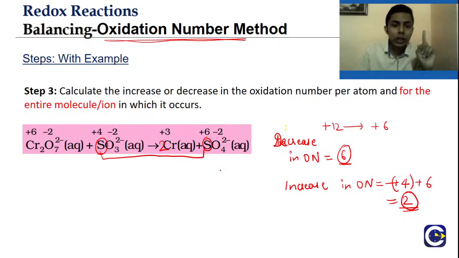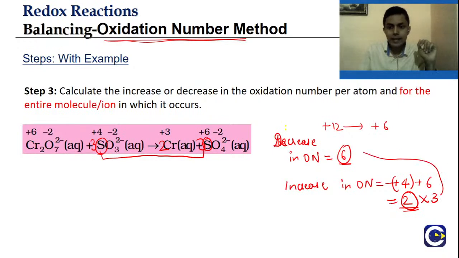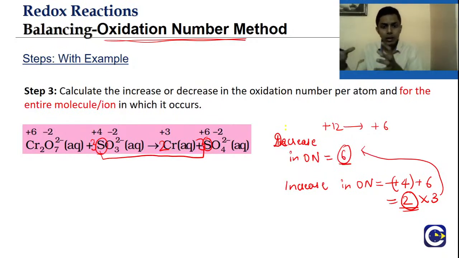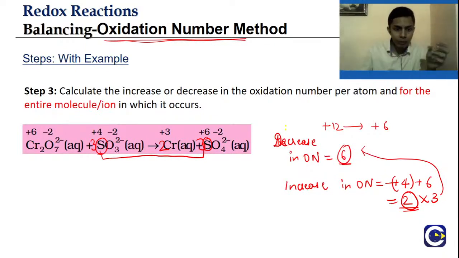There is only one way to balance it. You multiply this with 3 and this with 3, because if you multiply 2 with 3, you will get 6. Got it? So when you multiply sulfur by 3 and the product also by 3, then you can see